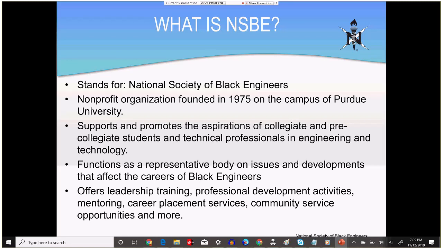Career placement services, and we'll talk more about the conventions and conferences that you can go to, and they will often be very good opportunities for networking, as well as meeting people from many different companies. We'll talk about the community service opportunities and more. We're going to give you a little bit more information about all of that as we go through this presentation.